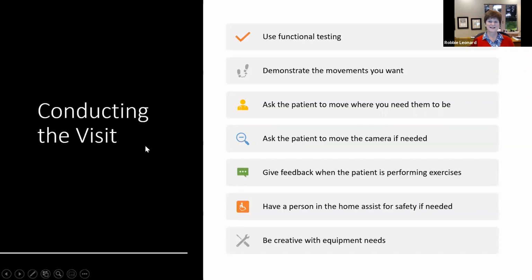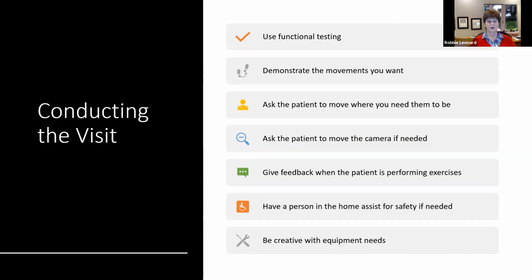All right, when you're conducting the visit, you want to think through this before you start doing these. And so again, on the demonstration, you'll be able to see some of this, but think through this before you start. And again, I recommend that you practice on your colleagues, but what functional testing can you do that doesn't require you to put hands on the patient? One of the things that Jennifer asked me to do was some functional testing, a sit to stand test, a 2-minute marching test, a push-up test. So some of these tests that you have age norms for to see what the patient can do.